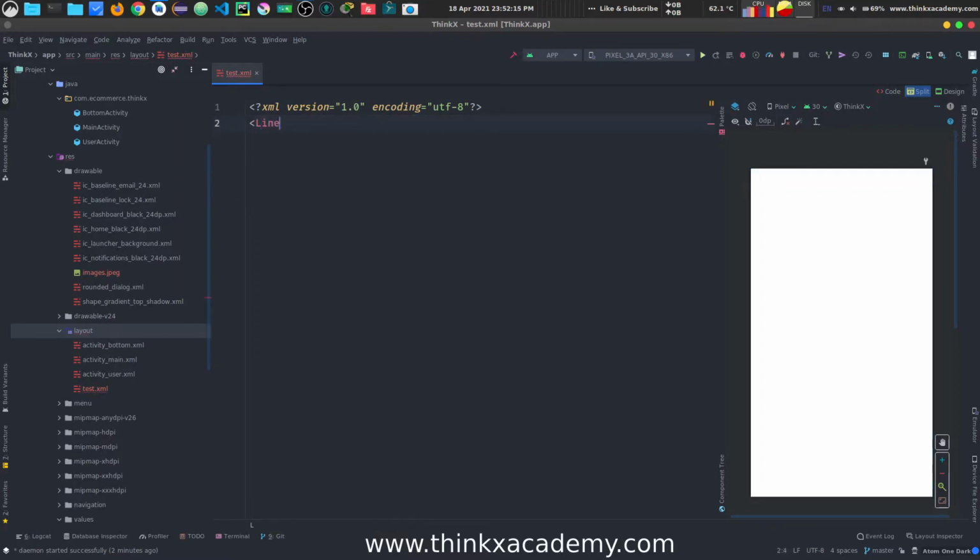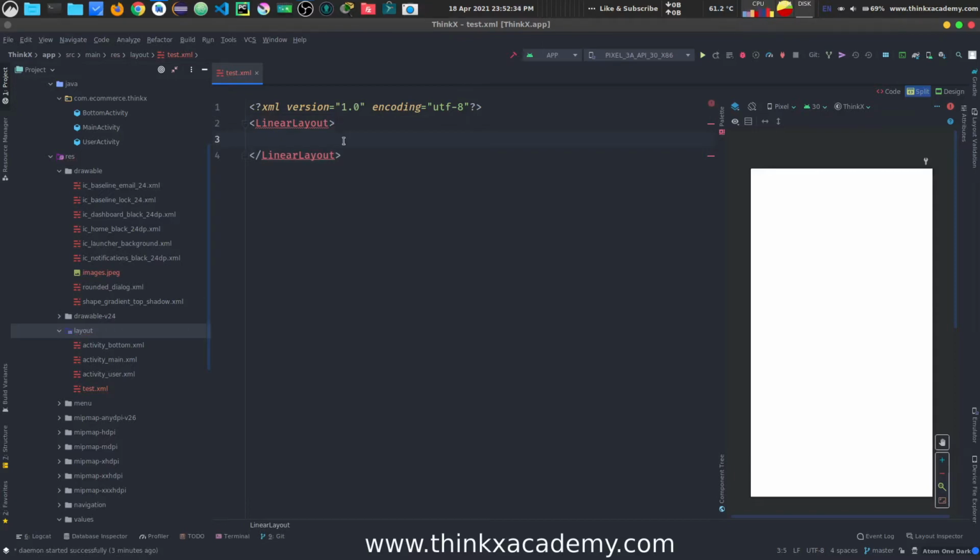So the linear layout is written like this. If you start typing linear layout, it will show you a suggestion, linear layout. Just hit enter, and then what you need to do is get a closing tag of this linear layout.